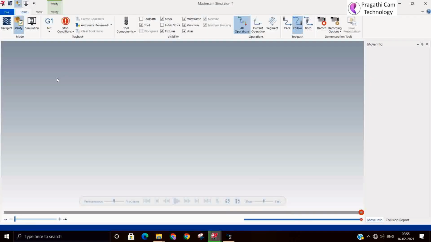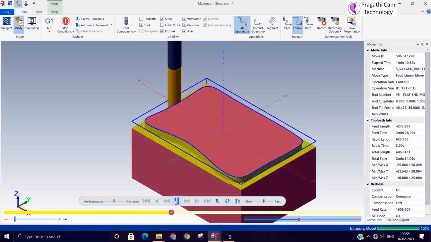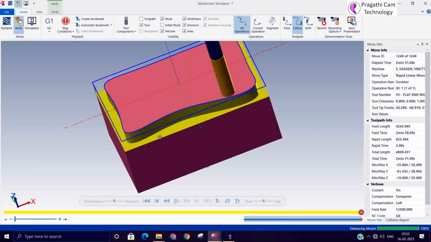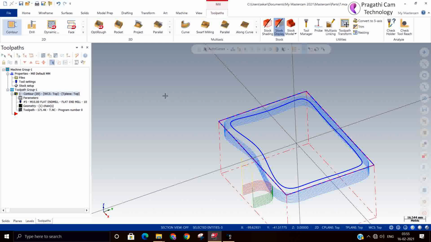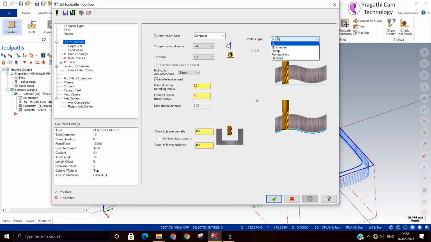Now we can simulate and see how it looks. Yes, it's fine. This is my 2D contouring. So we have made the 2D contour.